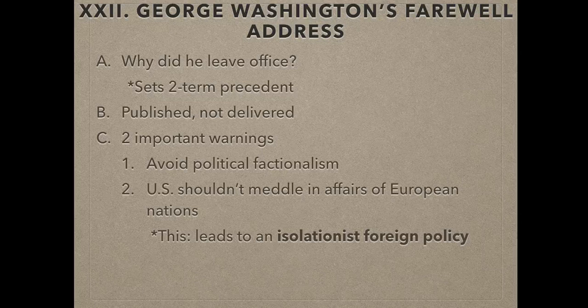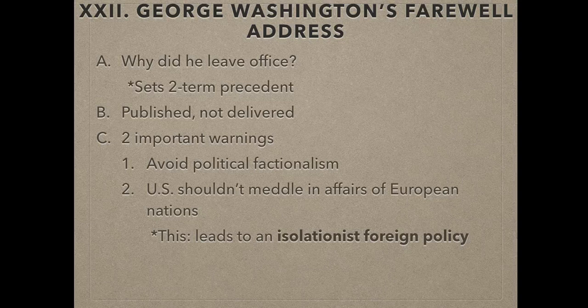But for a long time we do maintain or try to maintain this isolationist foreign policy. So let me just give you a brief definition of isolationist foreign policy, if you need one. You might be familiar enough with this that you don't need anything written in your notes. But basically, if you're not familiar with the term, foreign policy refers to the way that we deal with other countries, right? So what is our policy in dealing with other nations?